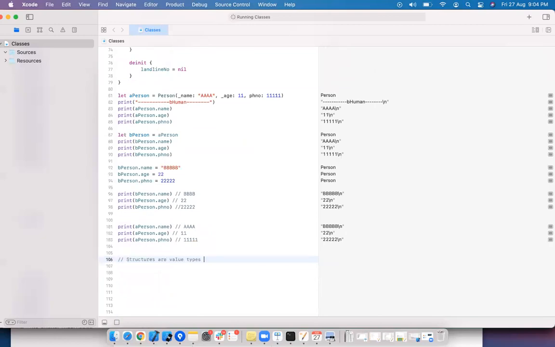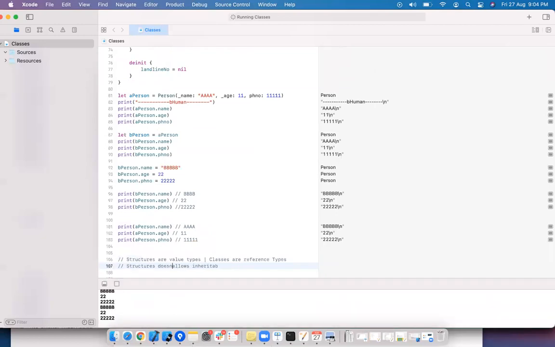Structures are value types. Classes are reference types. Structures do not allow inheritance.